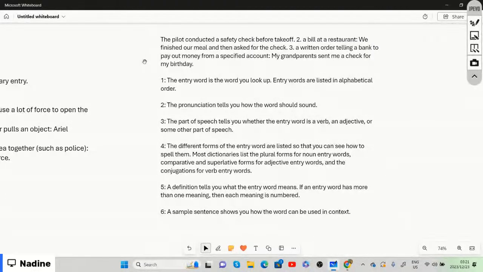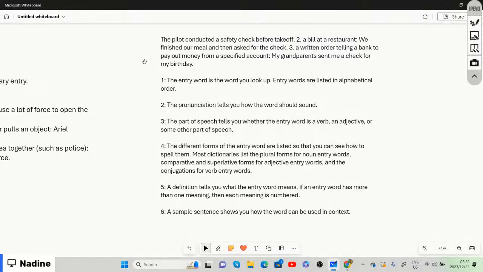Pronunciation is how it should sound. Then once you look up the word, it tells you the pronunciation and how it should sound. Then